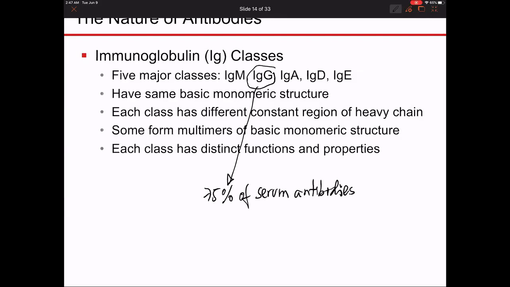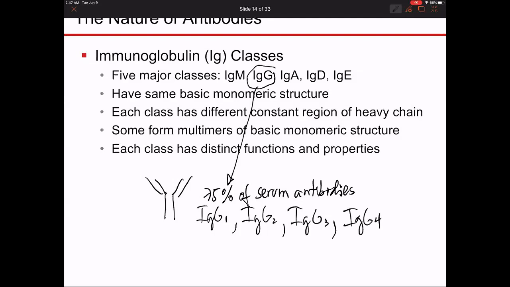The most common one. It's also a monomeric antibody. And there are 4 different subclasses of IgG. So you have IgG1, IgG2, IgG3, and